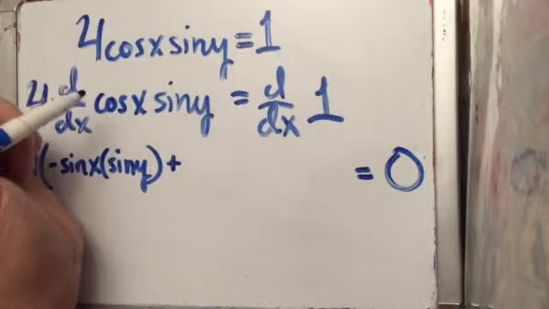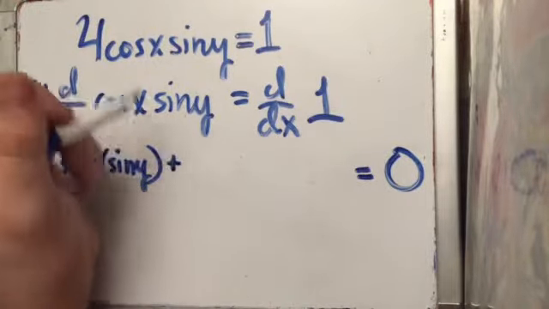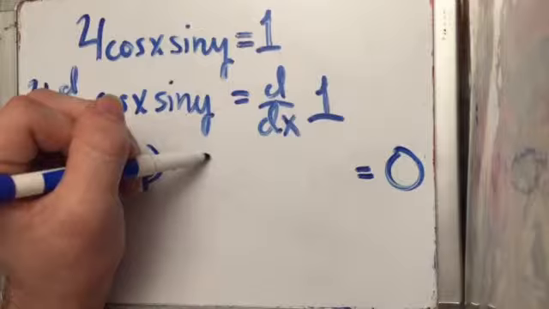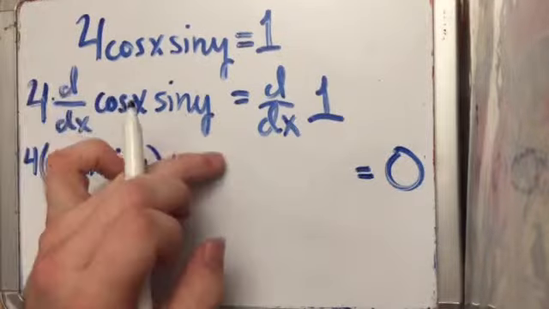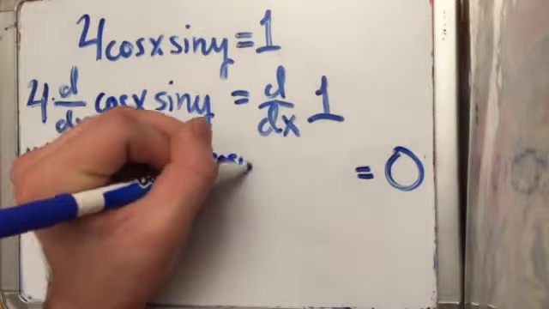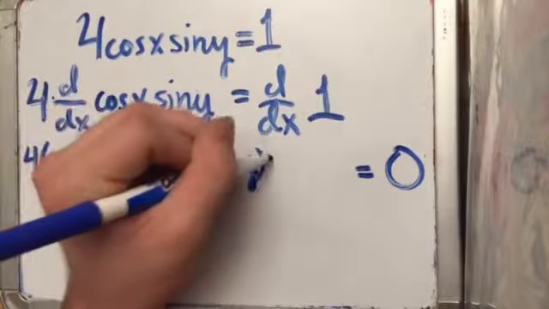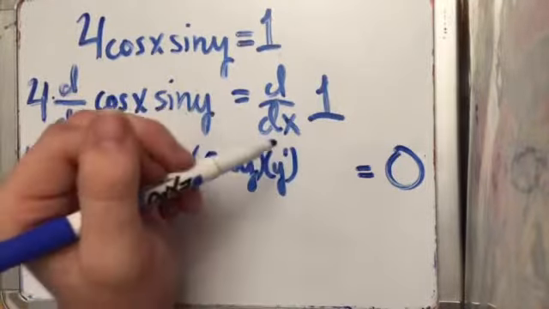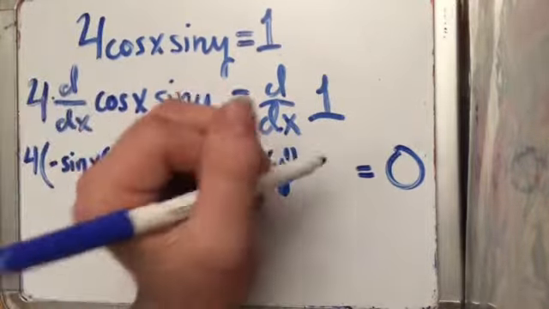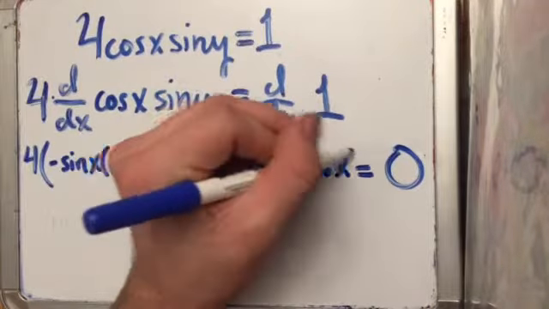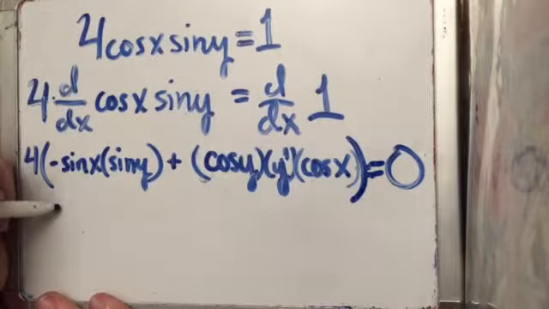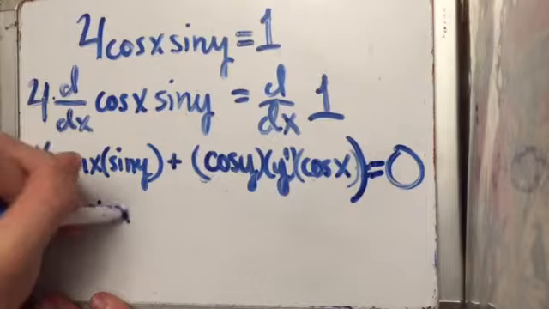And continuing, we have the derivative of sine y, or the derivative with respect to x especially, which is going to be cosine y times y prime. Because remember, we want to be able to have that y prime to solve for. And then just the cosine of x. So multiplying all of this out, we're going to have negative 4 sine x sine y